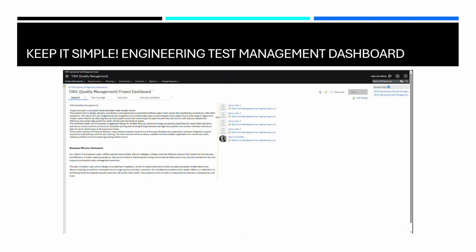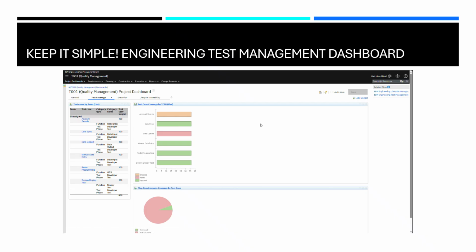So here we have our engineering test management project dashboard. Again, it's made up of tabs. We've got our project information here. We're on the general tab, but let's dive into the other tabs that we've got set up on this particular project area. So looking at our test coverage, this particular tab has been set up to show